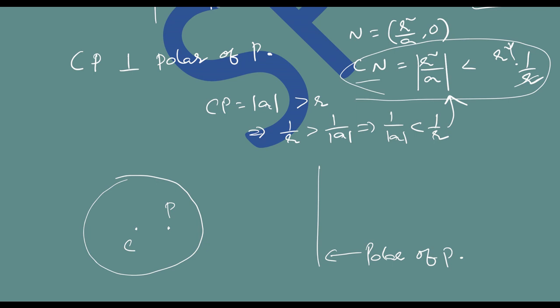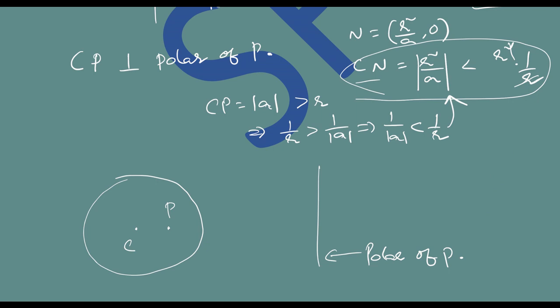If the point lies inside the circle, then the polar will be disjoint from the circle. And we already know that if the point lies on the circle, the polar will match with the tangent, because if the point is x1, y1, both the tangent equation is S1 equal to 0, and the polar equation is also S1 equal to 0. So when the point lies on the circle, it will match with the tangent there.